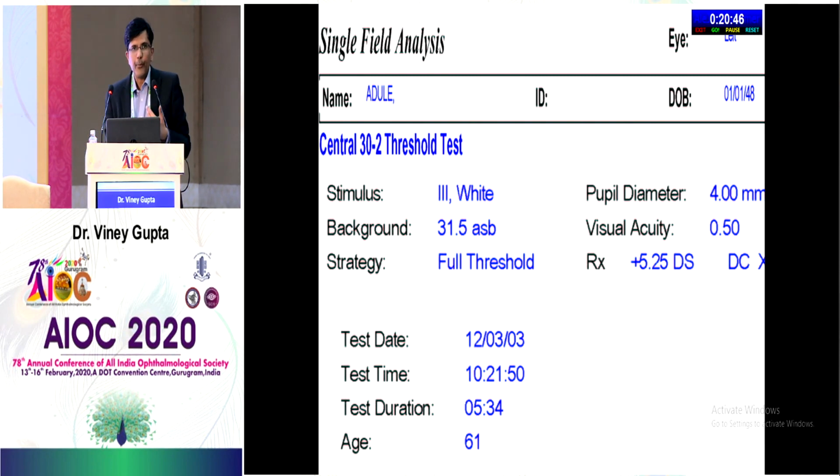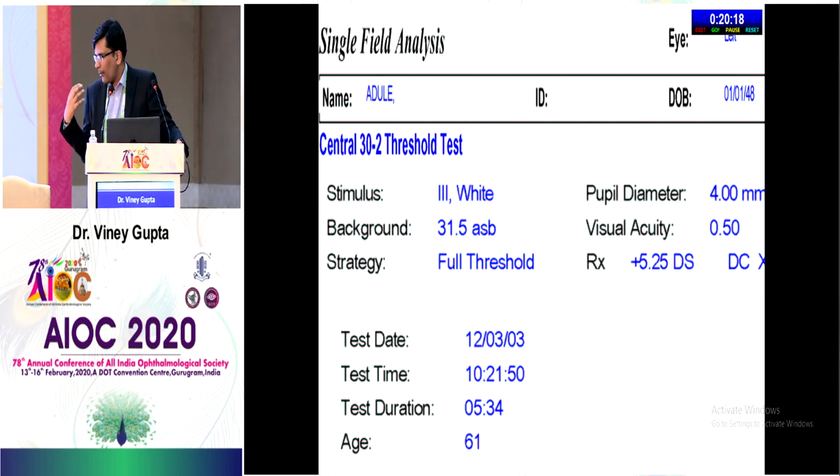You have to look at the pupillary diameter. A minimum pupillary diameter of 3 millimeters is required. Anything smaller than that would lead to visual field constriction. The strategy: earlier we used to do a full threshold. So Vinay, can we do a dilated examination? Yeah, we can do a dilated examination also. It will give similar results as a 3 millimeter pupil, but if there are some problems because of glare and all, then there could be a problem with that. But it should be a minimum of 3 millimeters. It could be 4, 5, or 6 millimeters also.